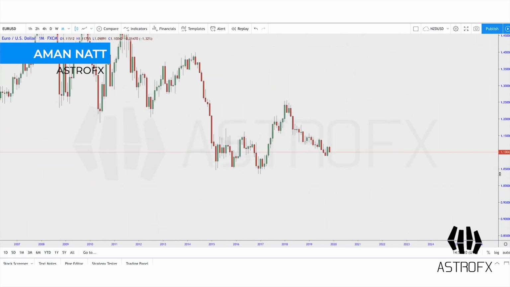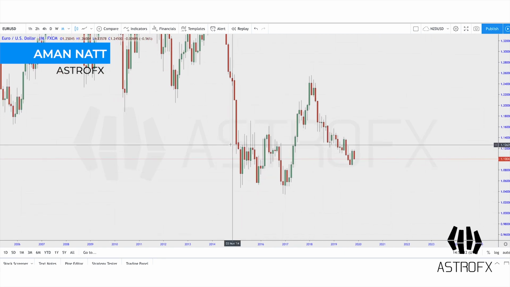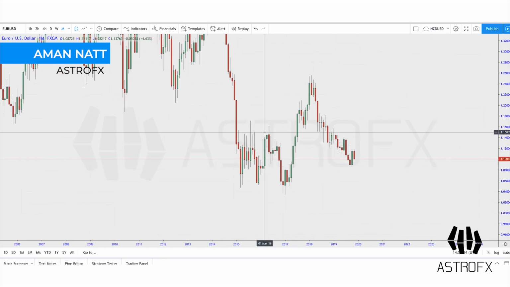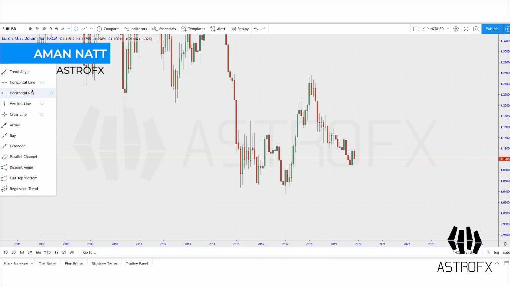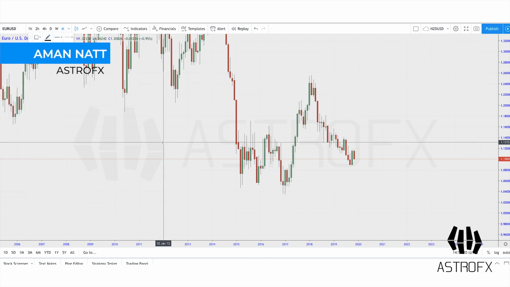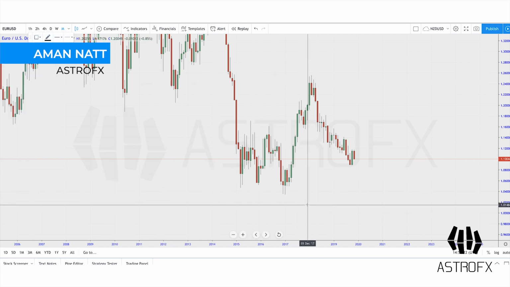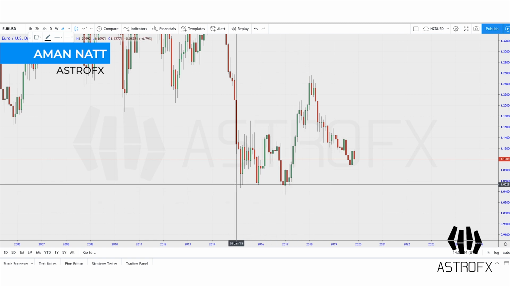And by focusing on this area in the monthly, what we're going to try and do is spot a little roof above this area and a little floor above this area. So let's get the horizontal line tool again, horizontal line, there you go. And I'm going to draw this on, and let's just draw it on here, at the bottom here. What we're going to do is we'll move it around a little bit, and let's just say on Euro